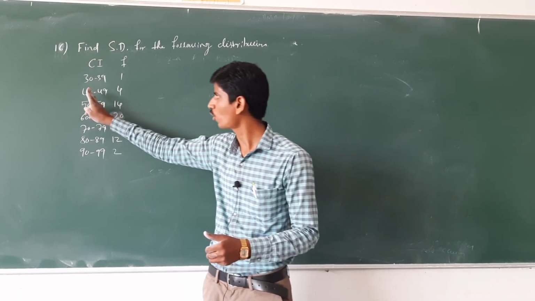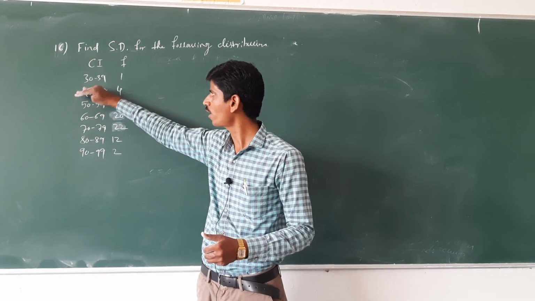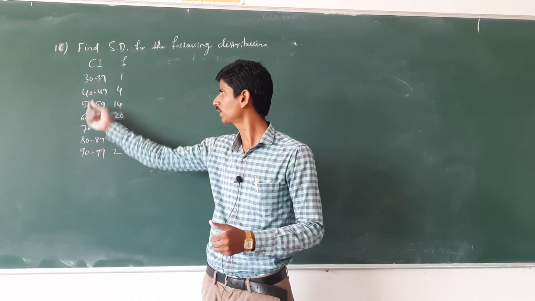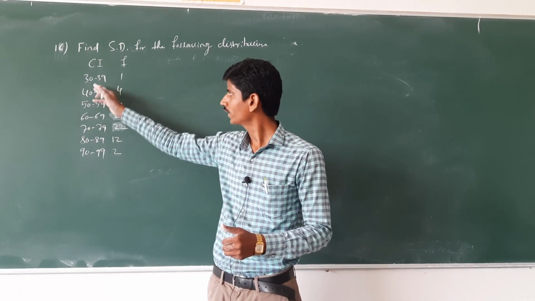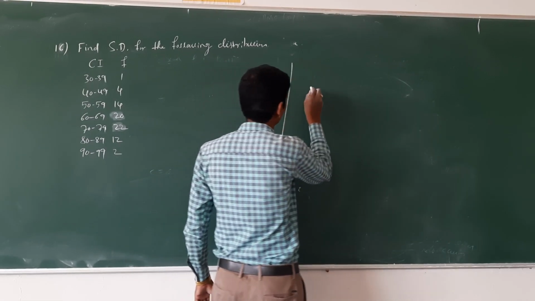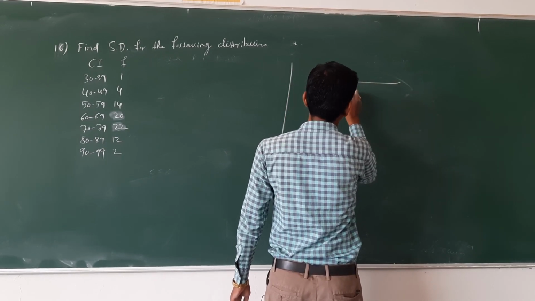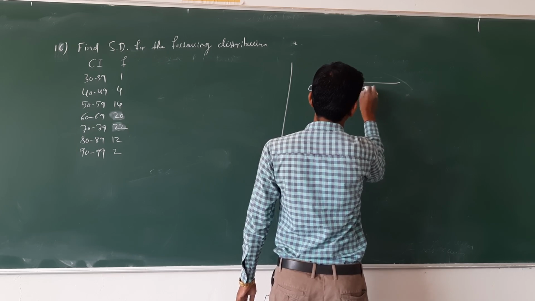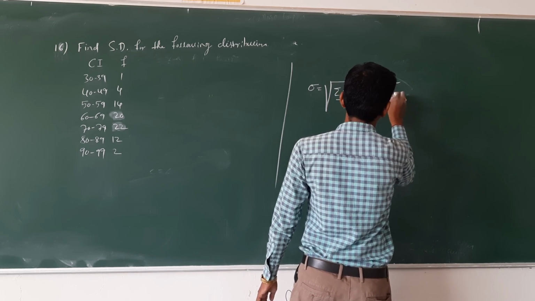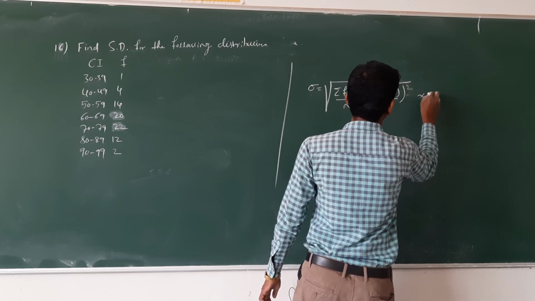Here the upper class limit is not repeated as the lower limit of the next class interval; that is said to be inclusive. Here they are given inclusive class intervals. Here the width of the class interval is 9 each. You want x values. Here also you have to use the step deviation formula, that is sigma equal to under root of sum of f u dash square by capital N minus sum of f u dash by capital N, the whole square, into c.